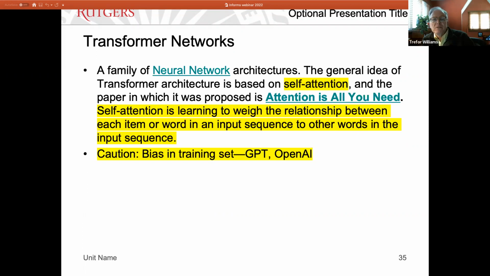It's a family of neural network architectures. It's based on this idea of self-attention. If you just search on the internet for "attention is all you need," this paper is everywhere. You can get a copy of it, where these computer science people describe what they do. It's quite complex. But anyways,